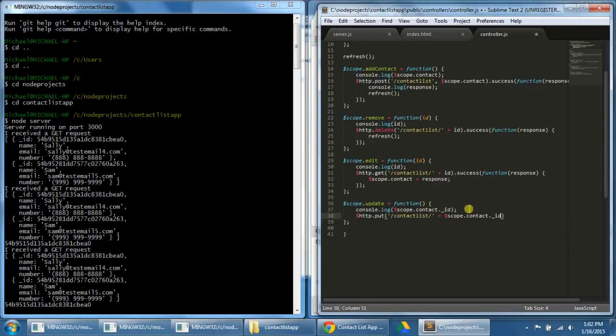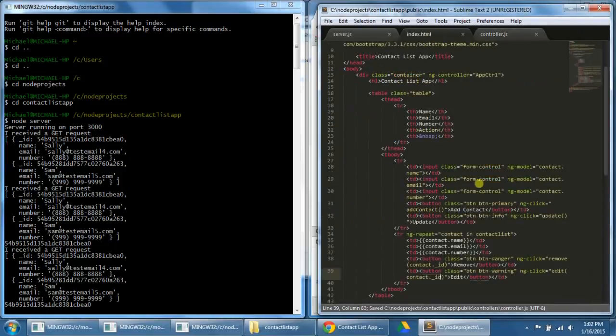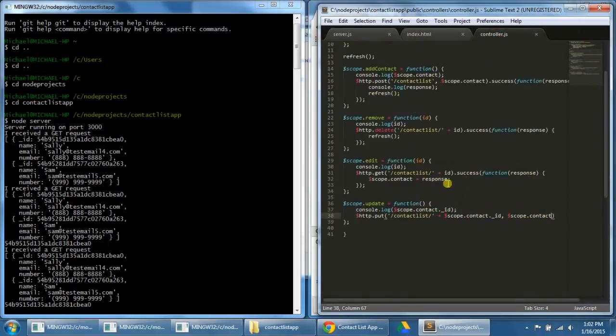That's the URL of the contact in the box. And then we're going to put a comma there, and we're going to send to the server $scope.contact. So everything that's in the boxes labeled contact here, so these contact.name, email, number, those will be sent to the